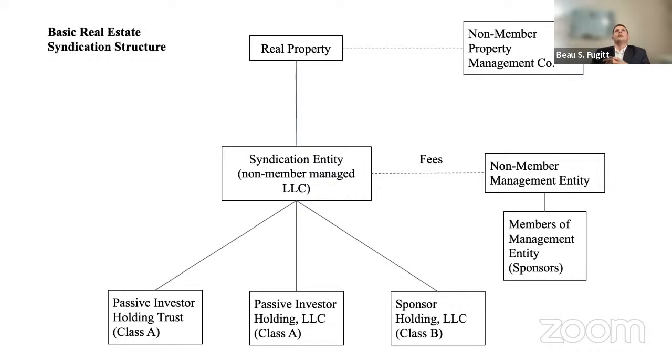But if an investor came to me and I saw that the non-member manager of the syndication entity was also the property manager, I would not tell them that they shouldn't invest or that they should be worried. I might point out there's another way that it could be done, but it wouldn't blow the deal. I'll put it like this way. If it were me, if it was a good deal otherwise, that detail would not stop me from investing. Excellent.